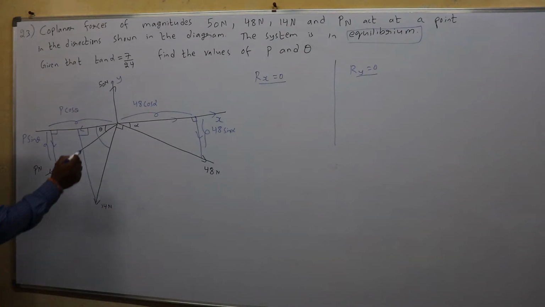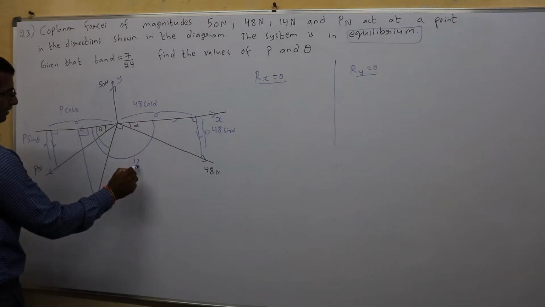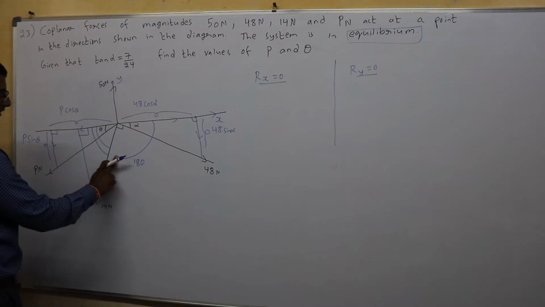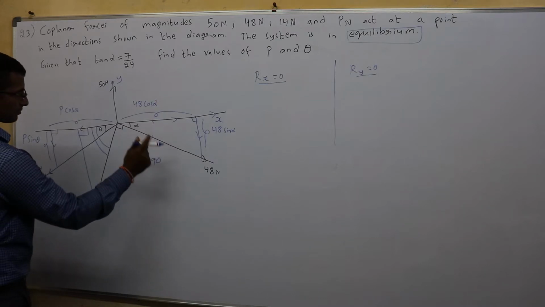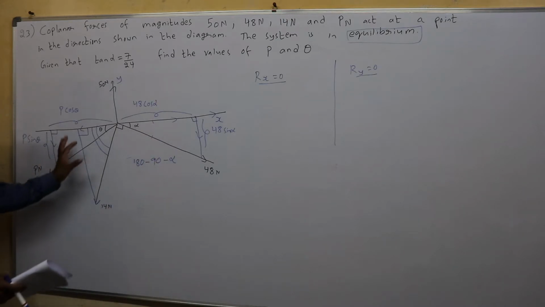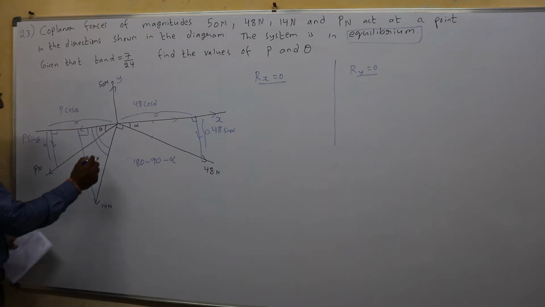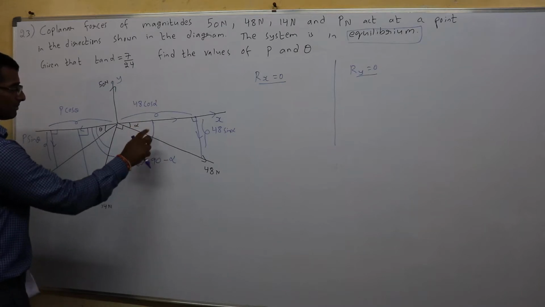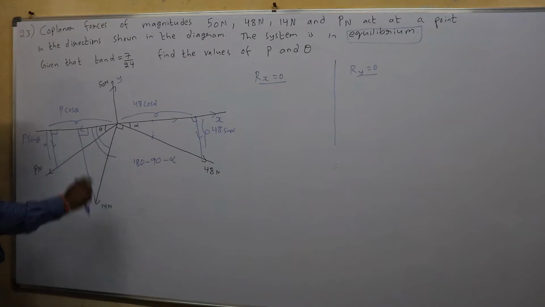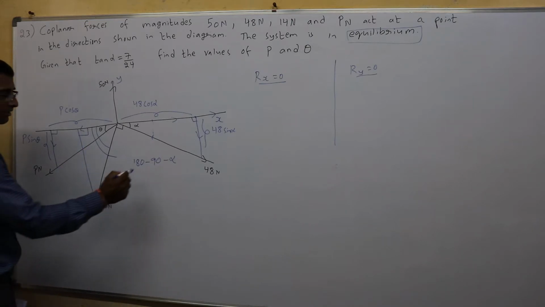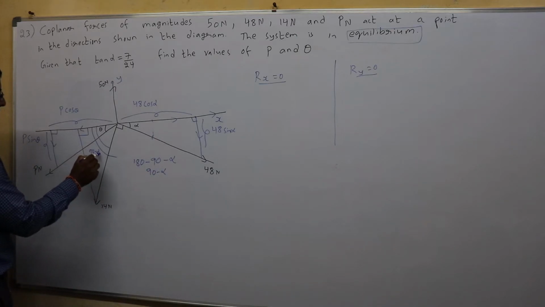For that, we know this one. This entire is how much? 180. From the total, if I remove this one, minus 90, and this one, minus alpha, left out is this part. Agreed? From the total 180, this is removed, so minus alpha, then this is removed, so minus 90, this is left out. It will become 180 minus 90, 90 minus alpha. So this angle is 90 minus alpha.